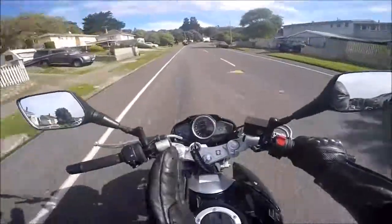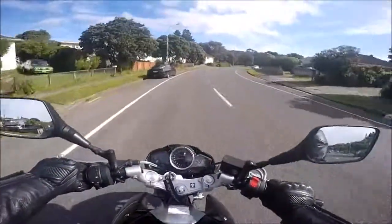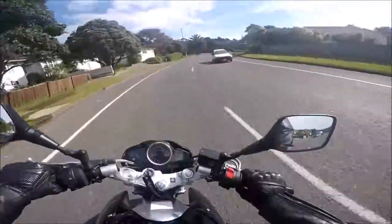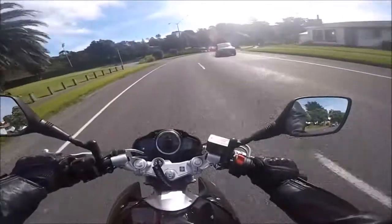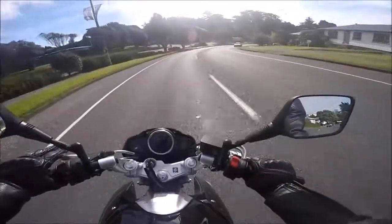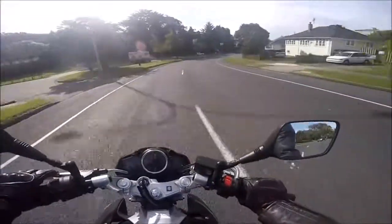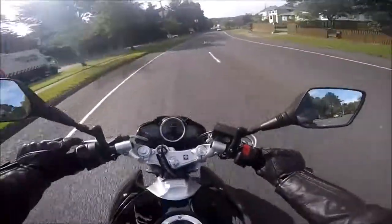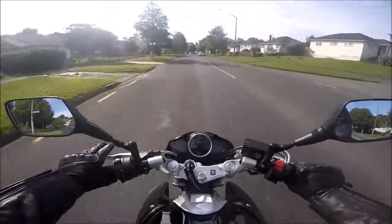Like the way you ride on a dry road is a lot different to when you ride in the wet. And I'm just going to talk about an average wet day. It's raining, it's wet. If it's raining, it pays to not ride